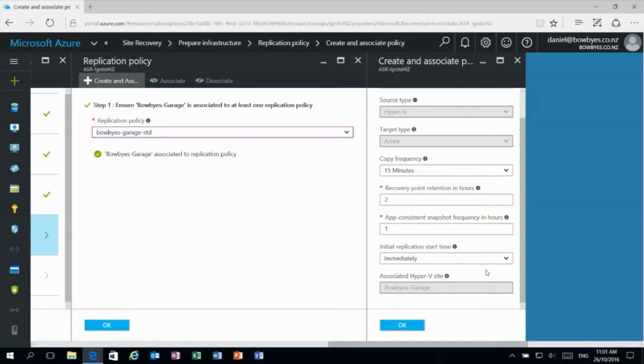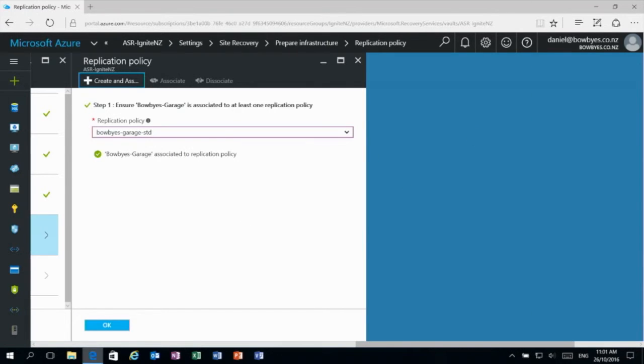I can also configure throttling on my Hyper-V agent. So during business hours, it won't consume all of my network bandwidth available. So I can be smart about it. Close that. So once I've set my replication policies,